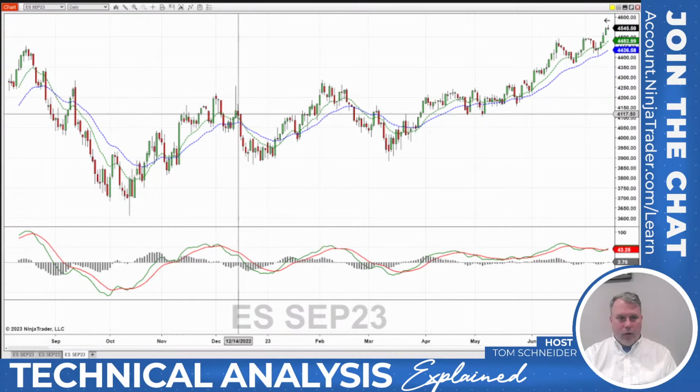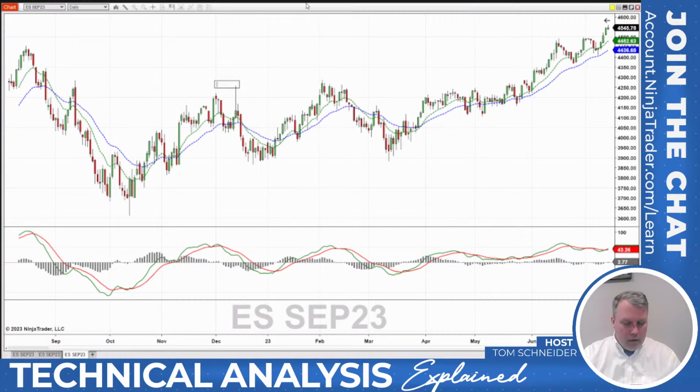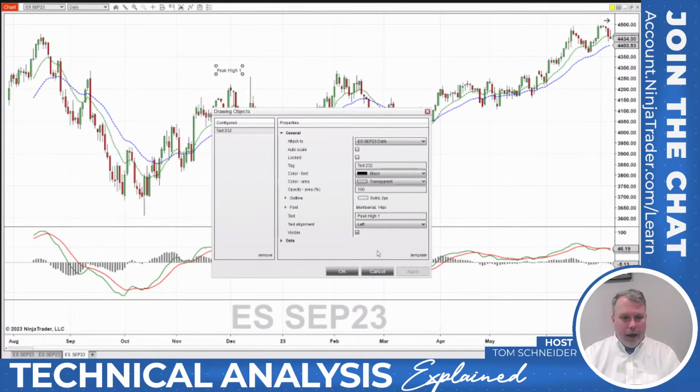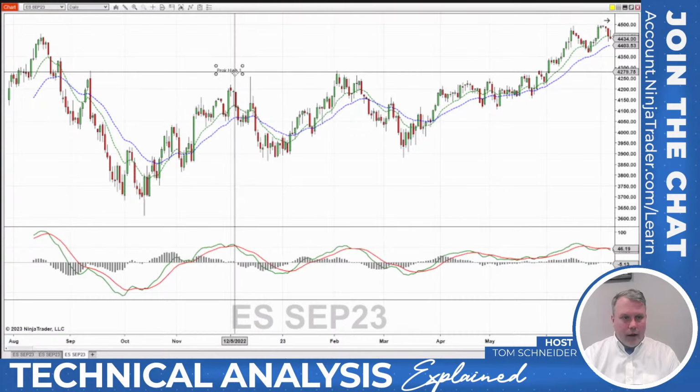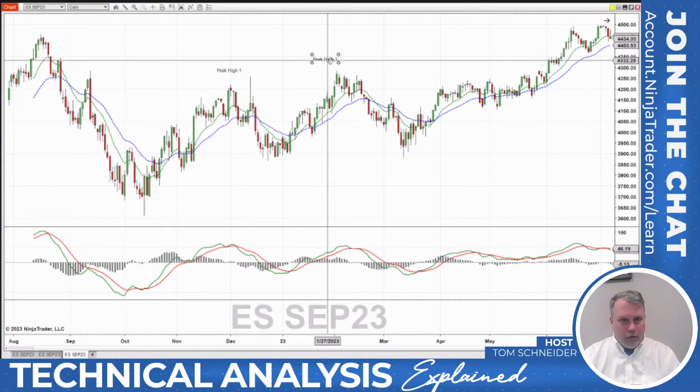What do I mean by that? Well, let's look at peak highs. Peak high 1, we'll call this, let's see, if I hit F12, we'll call this peak high 1. Okay, and that's pointing right here at this peak. I'm going to ignore this big wick here. And then let's see, copy that. I'm going to cancel. I'm going to copy, and then I'll paste it and drag it over. We'll call this peak high 2.